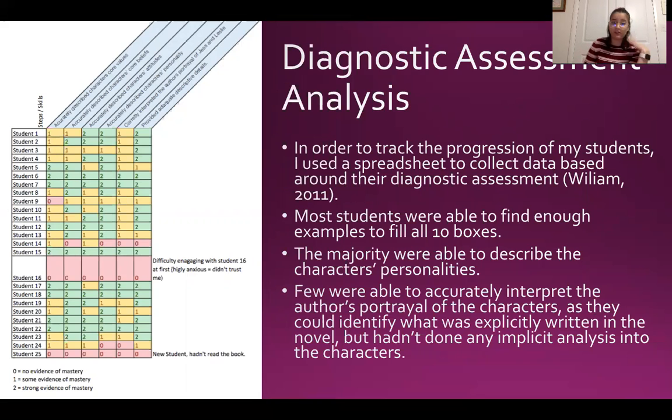There were a few who only got about half, and there were some that only got 1 or 2, or didn't do it at all. And so I gave them 0s. Also, characters' personalities, that was quite well done throughout the novel. But as you can see here, there's a lot of 1s for students correctly interpreting the author's portrayal of Jess